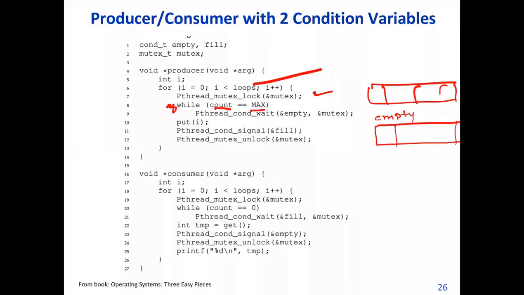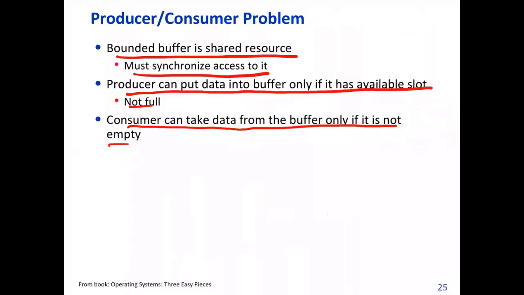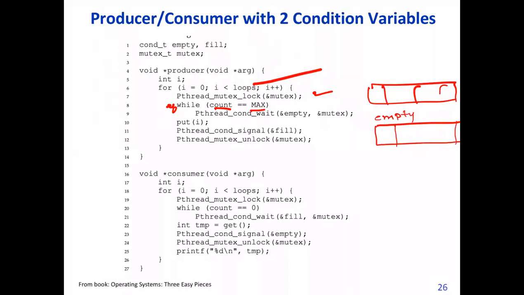Okay, so there is a queue called empty, it will put itself into sleep here. And if it is not, it means that slots are available, so if it is free, then put the item there. Then it sends a signal to a condition variable called fill. So there are two condition variables, empty and fill. It will send a signal that if someone is sleeping, then wake that person up.